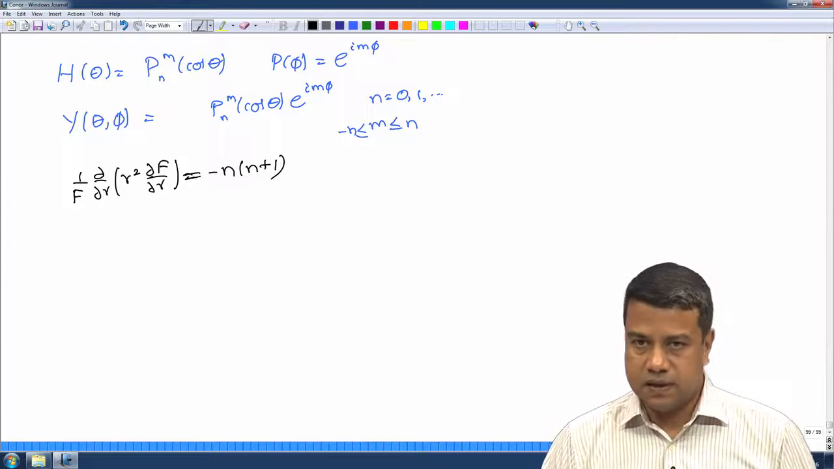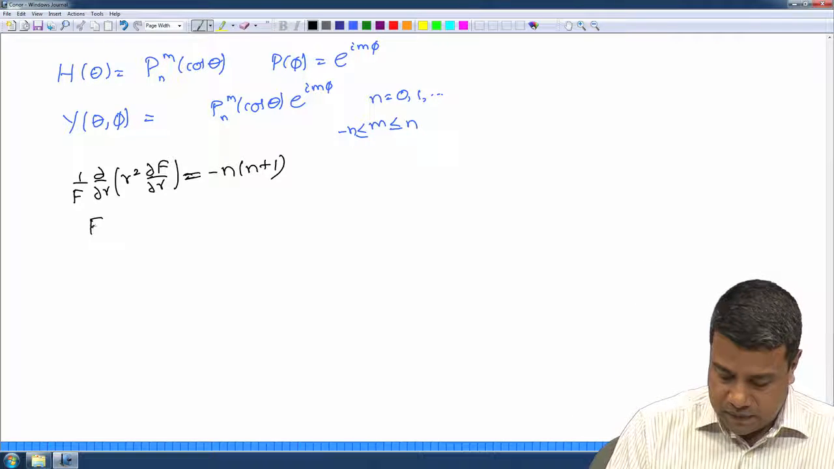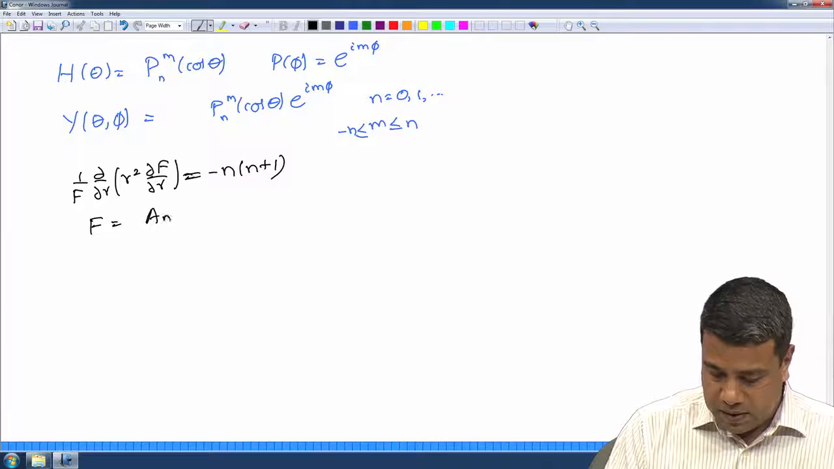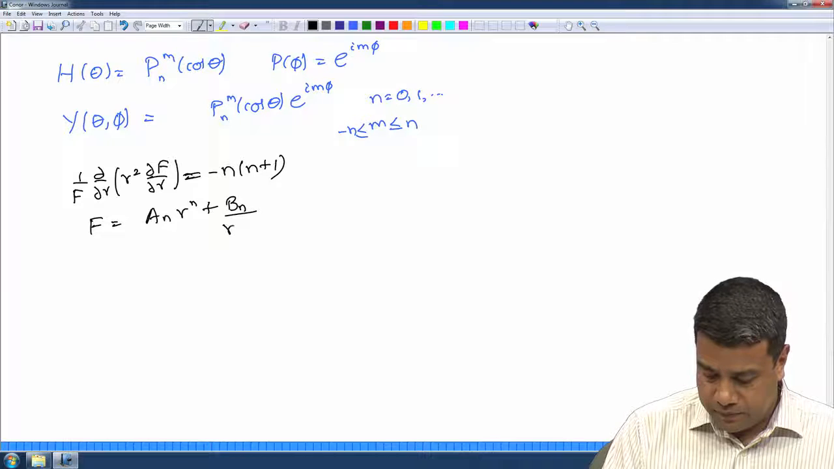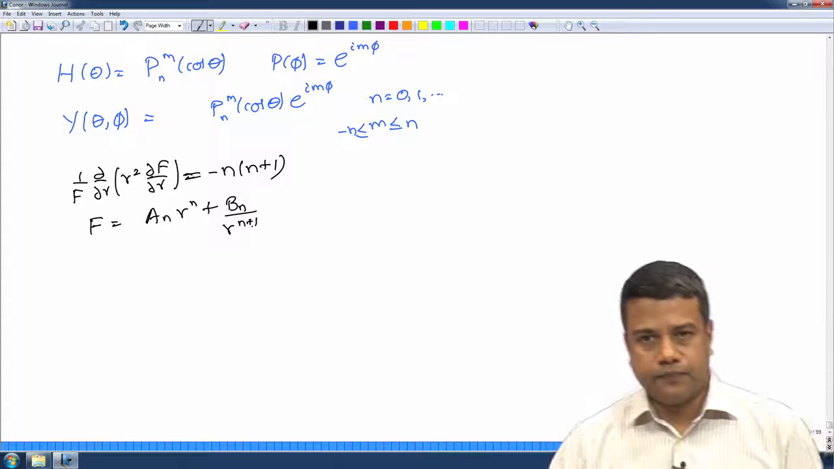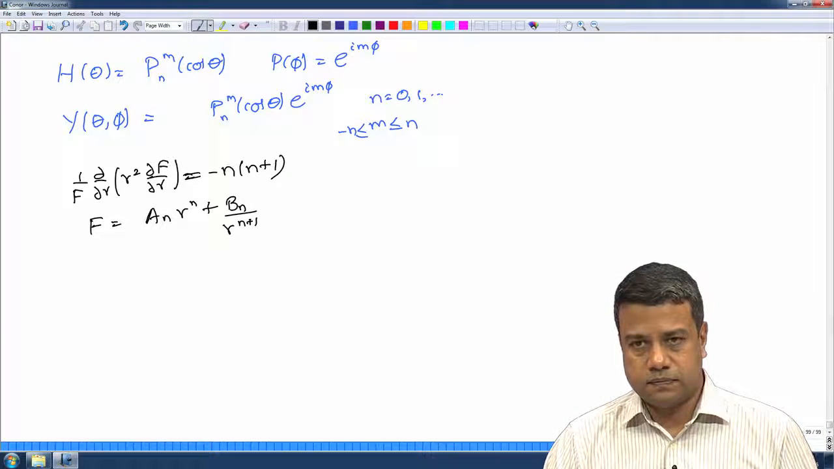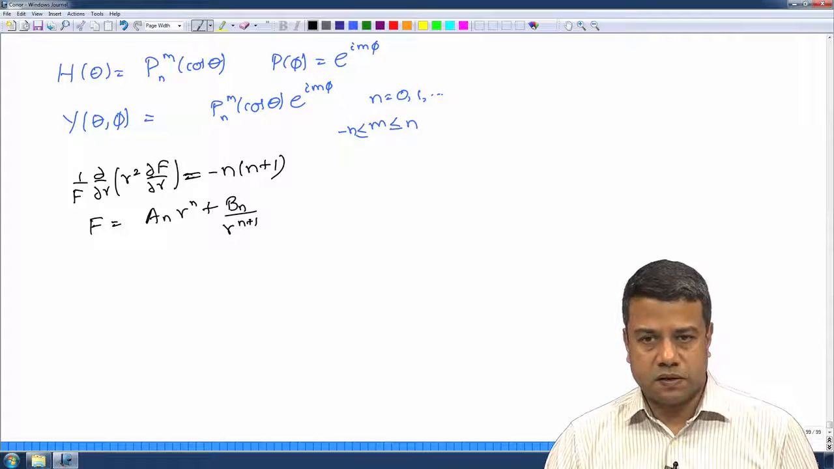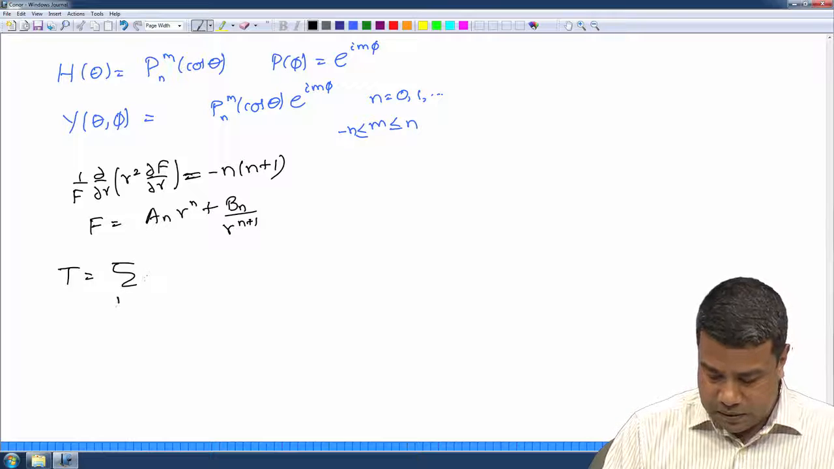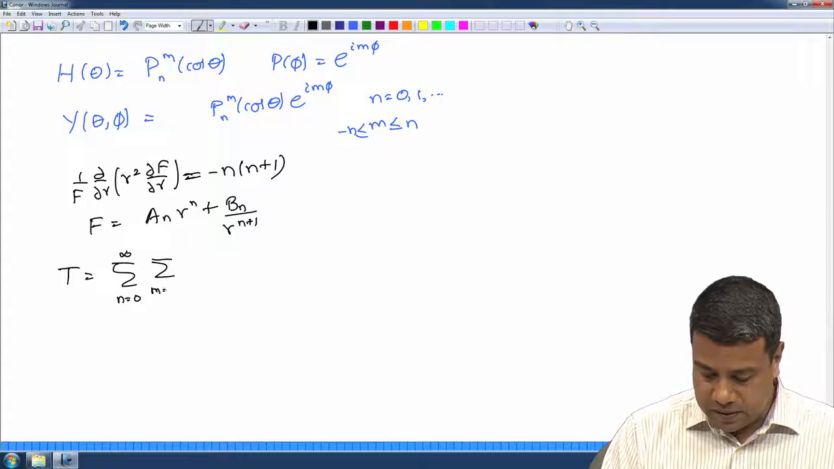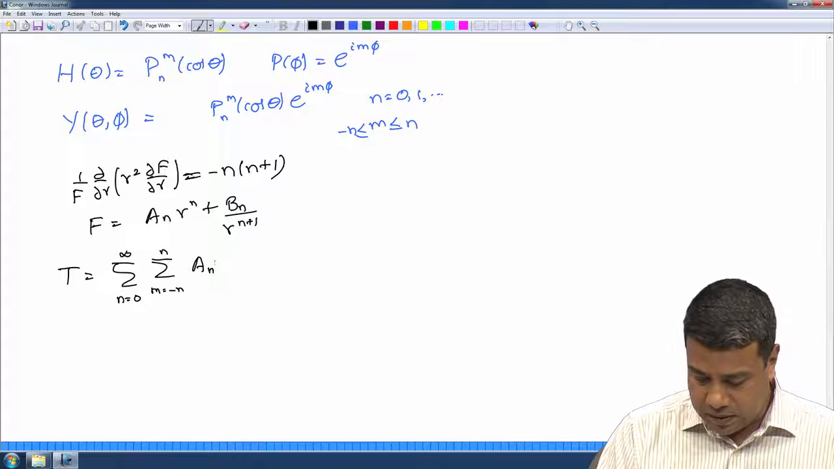and this we have already solved. F is equal to a n r power n plus therefore, the most general solution for the temperature field is of the form sigma n is equal to 0 to infinity, sum over m is equal to minus n to plus n, a n r power n plus